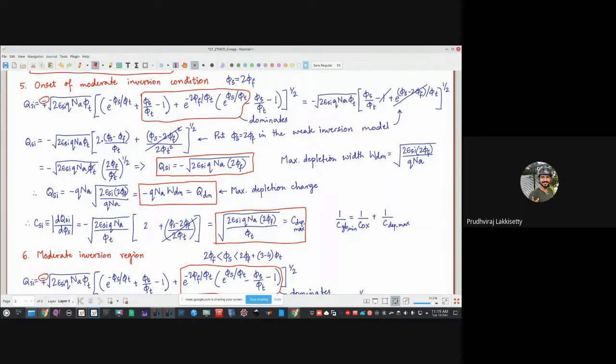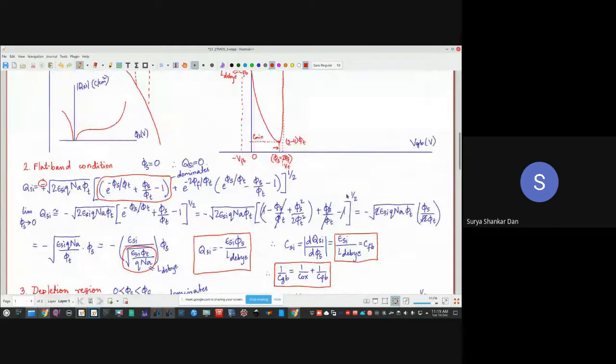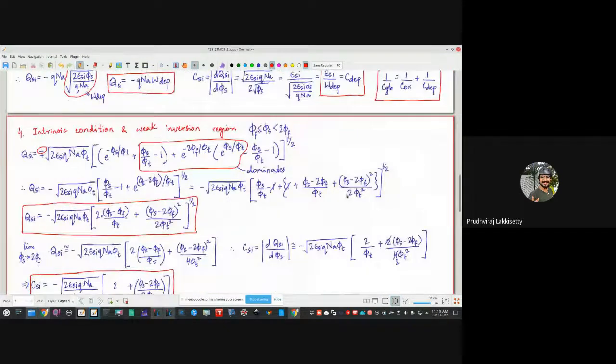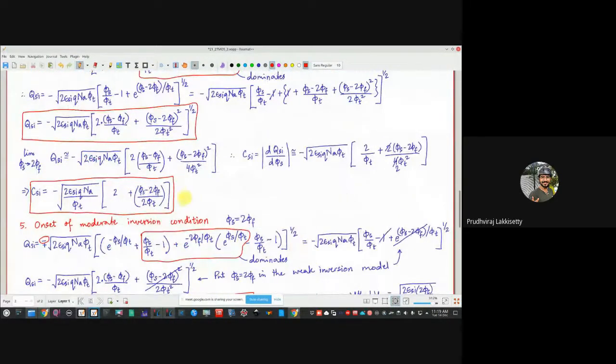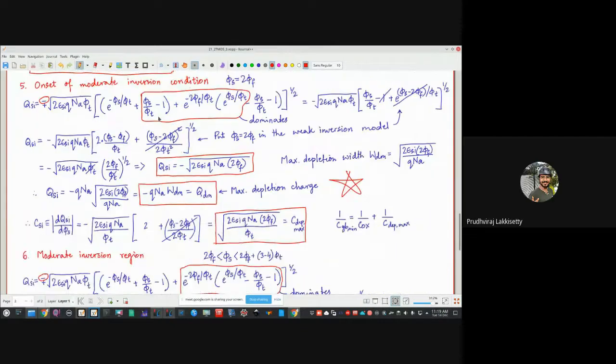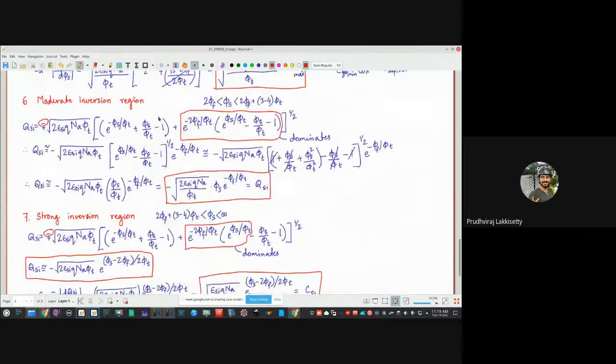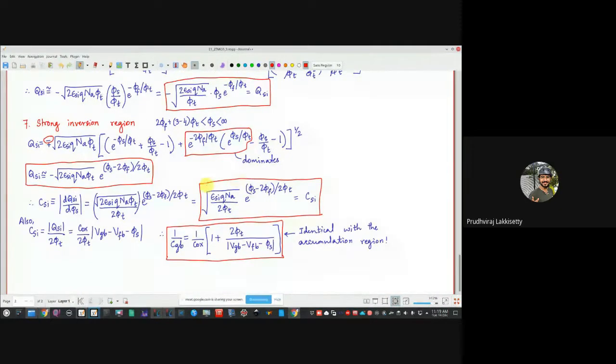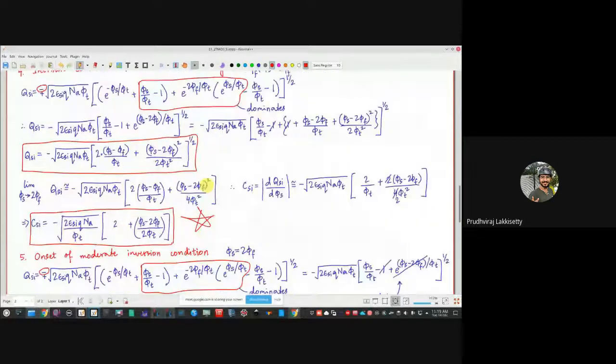Okay. Sir, can you tell a little about the dominating factor, please? One second. In 4 and 5 only. In 4 and 5. Here, right? Yes. Dominating factor, where is it? Dominating factor, like why and how is it being formed, I mean in that exponential term. In the 4 and 5. 4 and 5. No, 4 and 5.